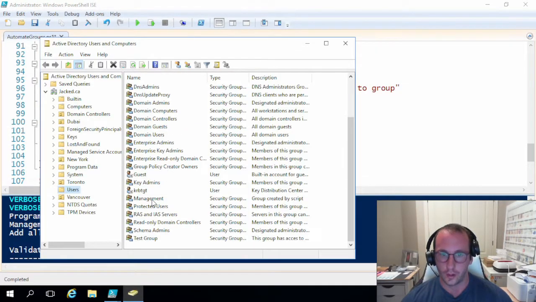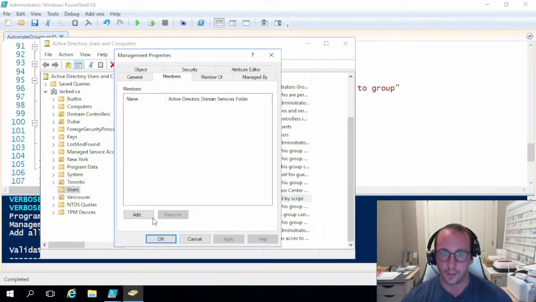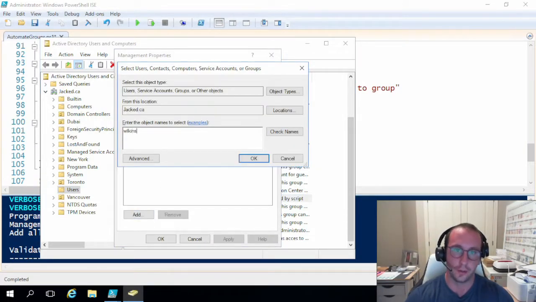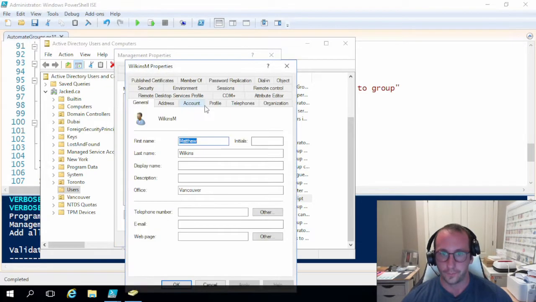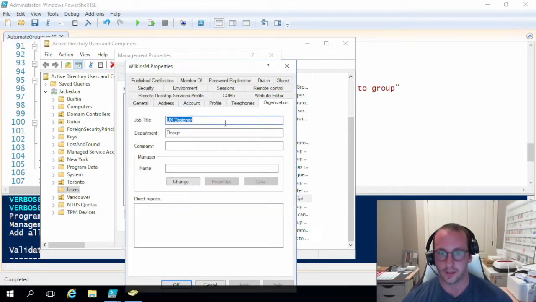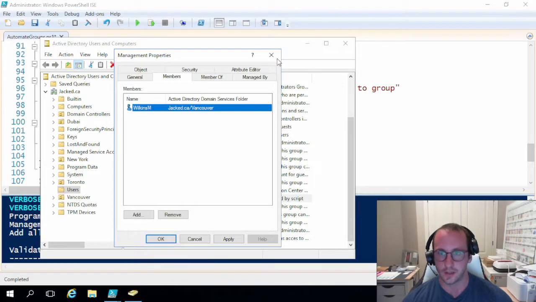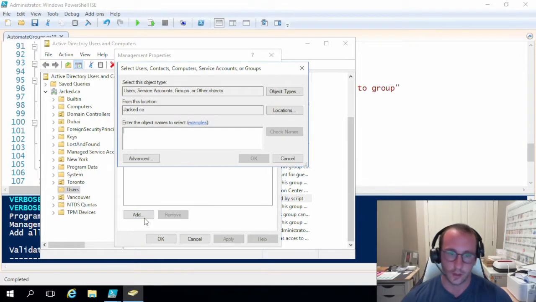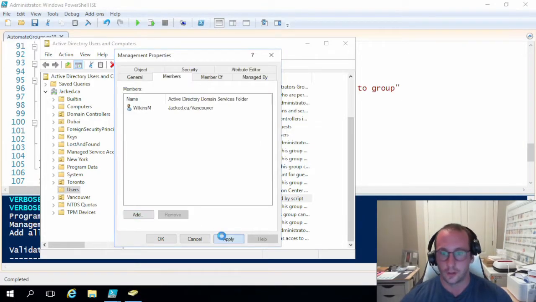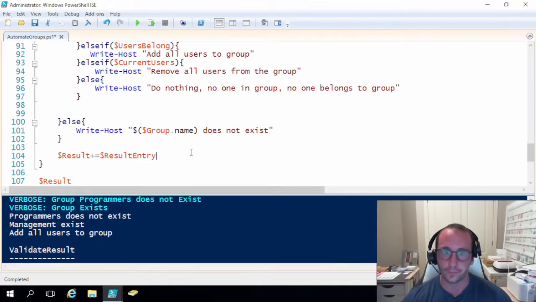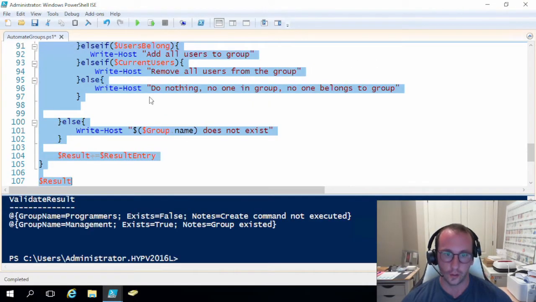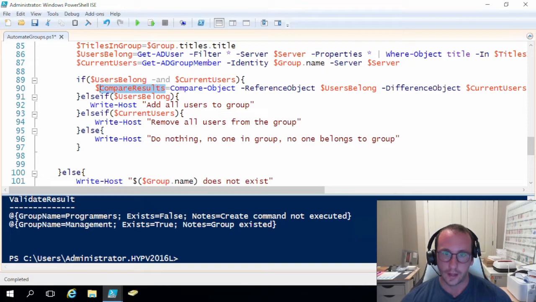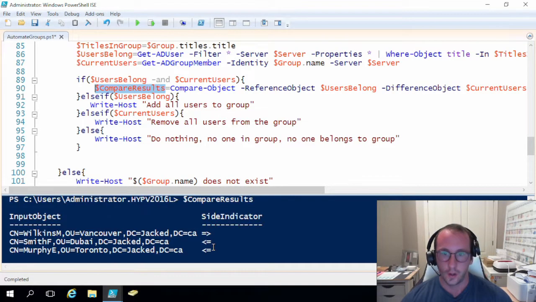So what I'm going to do is add a user, and I'm going to add a user that actually does not belong in the group. So you could add any user to this as long as it's not a user that has the correct title of CEO or project manager. I'm adding one here that's the UX designer. So, oops, I forgot to actually apply it here. So let's just add the group here. Perfect. So now if we look at this here and we look at the compare results, we will see our